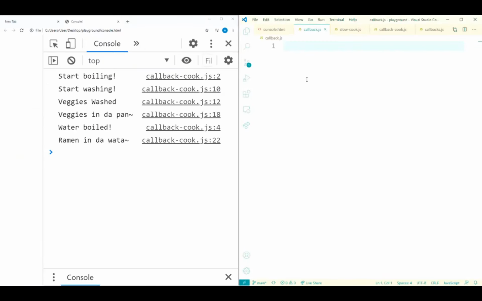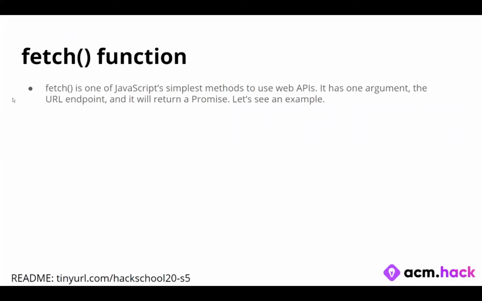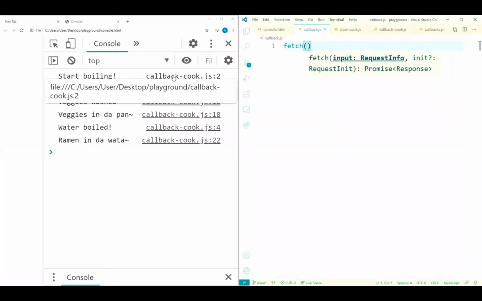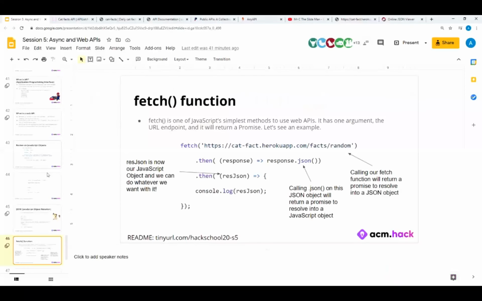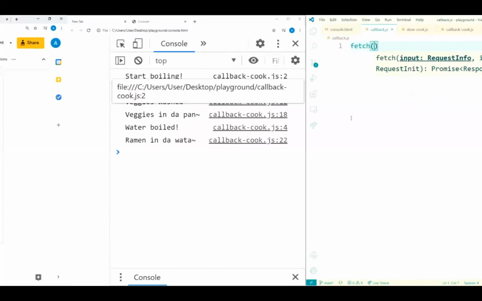Remember I told you that it has one argument, the URL endpoint. It's not important if you don't know what a URL endpoint actually means, but just know that in this case, it's referring to our link here, our URL here that will return the JSON object.